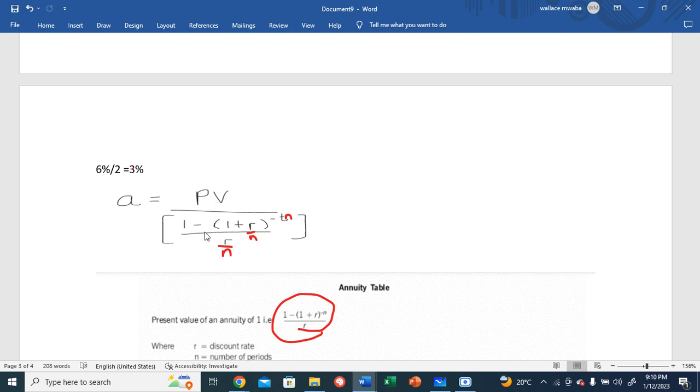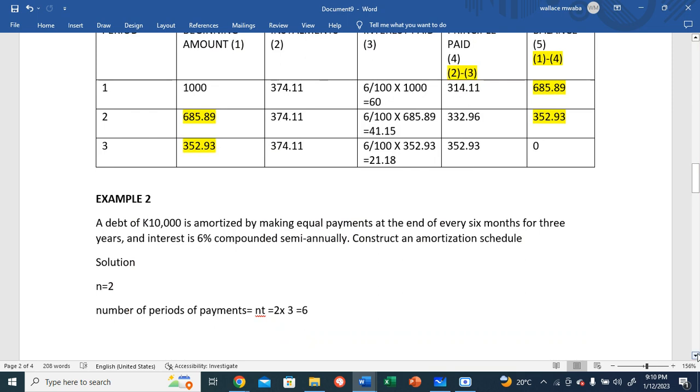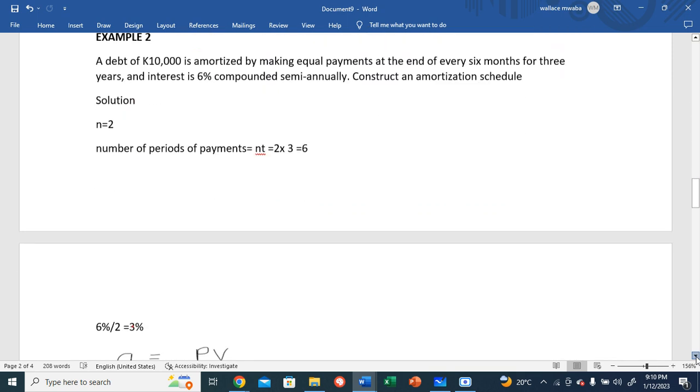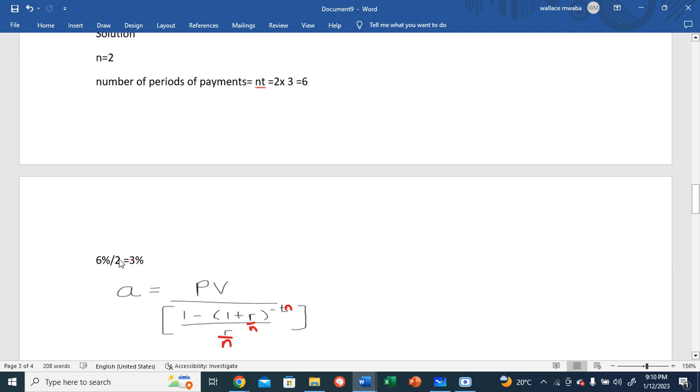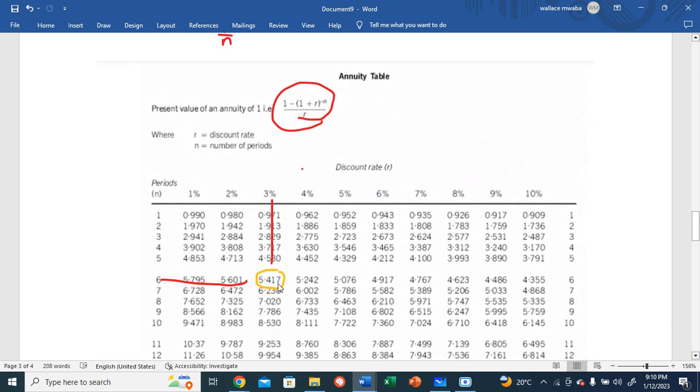Mhm. So me, I didn't use this formula. I just went straight. I divided the interest rate by two, and the number of periods here I multiplied by two, and I went straight to the table. So if you use this formula, you are still going to get 5.41 something. All right, 5.41 something. If you use that,